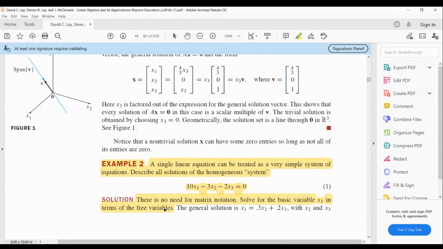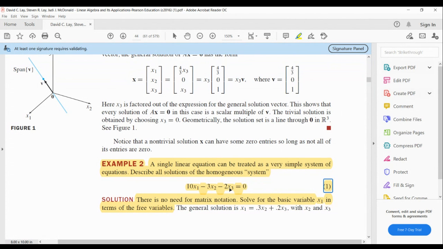You just solve for the basic variable x1 in terms of the free variables. So if you were to take this equation of the plane, 10x1 minus 3x2 minus 2x3 equals 0,